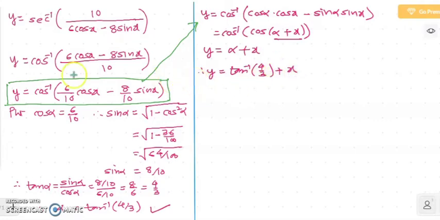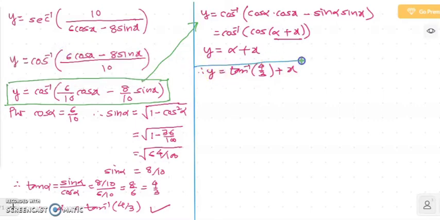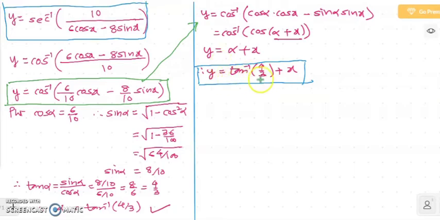So this is the expression for y we have got, which is very simple as compared to its original form. This was our original y, and now we have got it like this. So differentiating this is quite difficult. This is not going to be difficult at all. Now because this quantity tan inverse 4 by 3 is a constant and x's derivative is known to you, that's why this will become very simple when differentiation will be done.